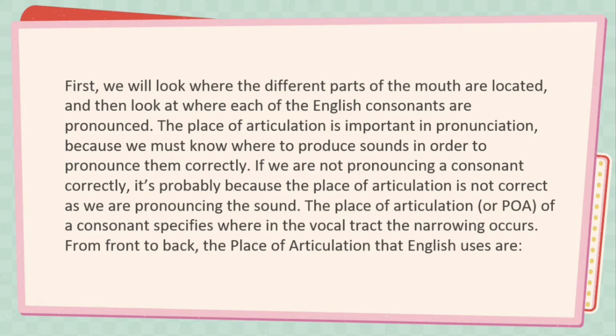The place of articulation, or POA, of a consonant specifies where in the vocal tract the narrowing occurs. From front to back, the places of articulation that English uses are: